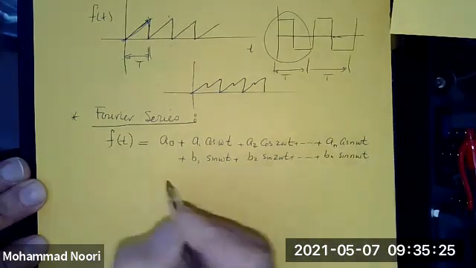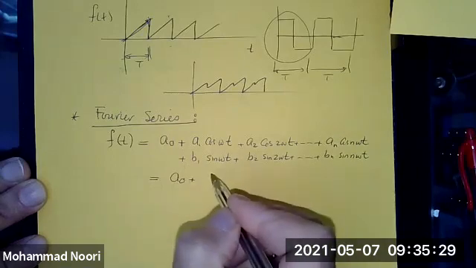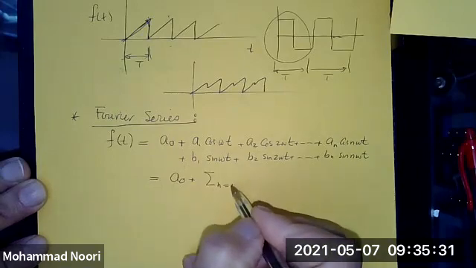Okay? Or in series form, you can simply write that as a naught plus the sum of this infinite series